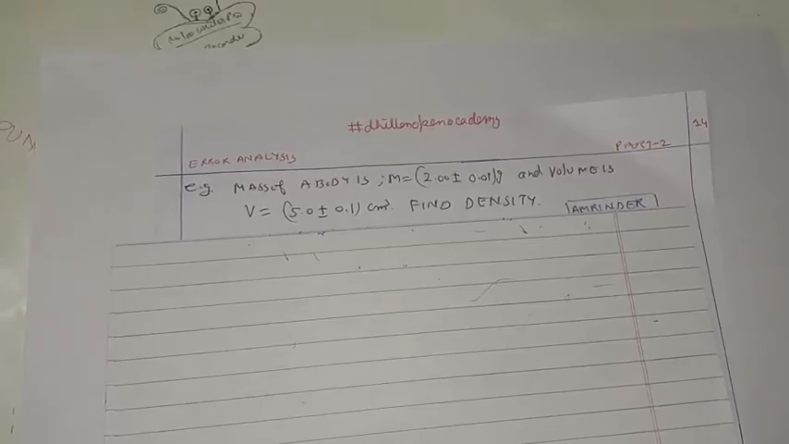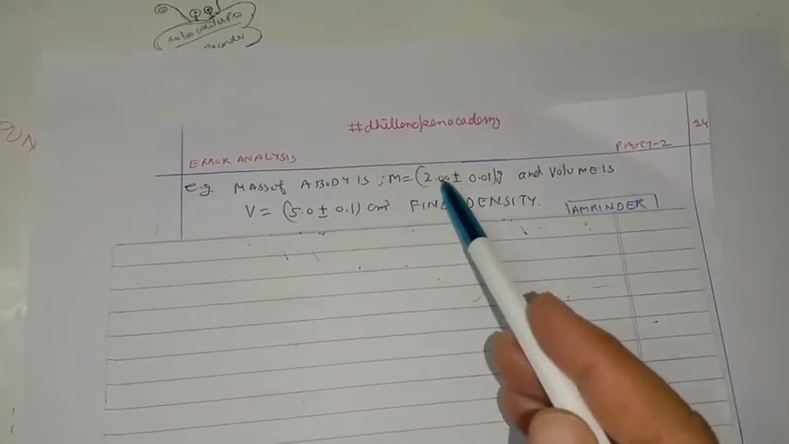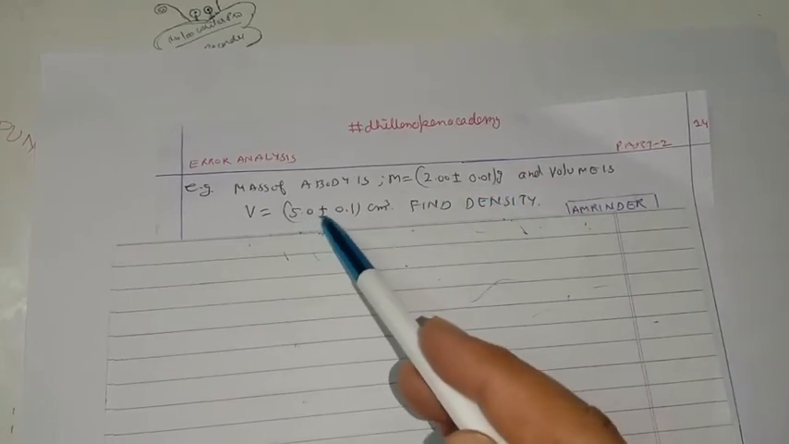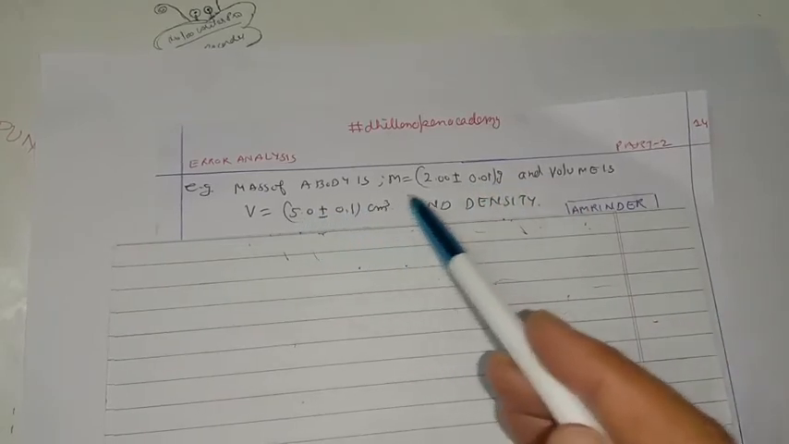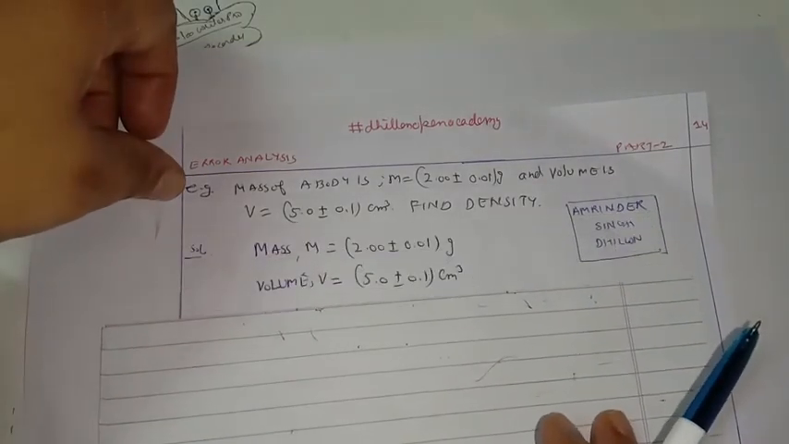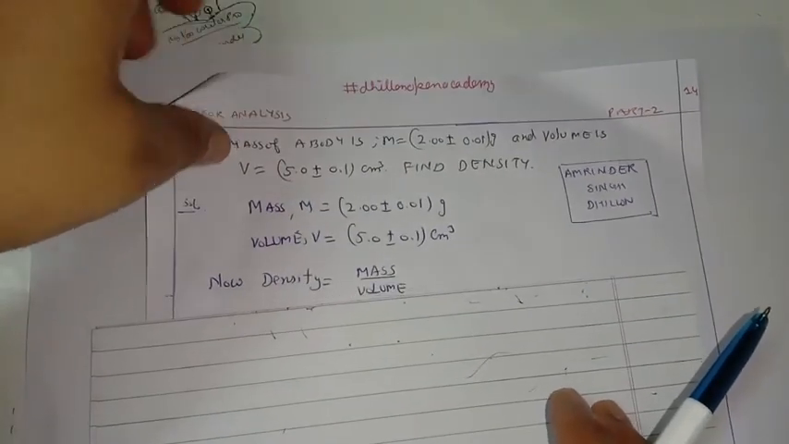Now how to use this? For this we have a question: the mass of a body is m equal to 2 plus minus 0.01 gram and the volume is 5 plus minus 0.1 centimeter cube. We have to find out its density. We know that density is mass by volume. So again, just like in the case of the earlier question, when we are to find out the density